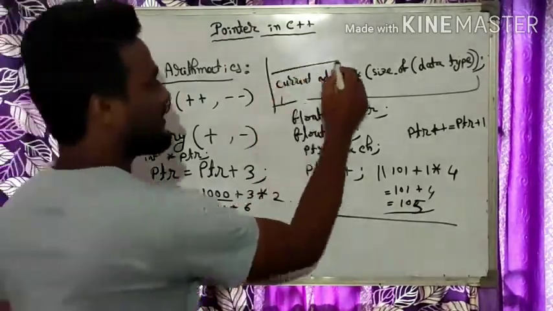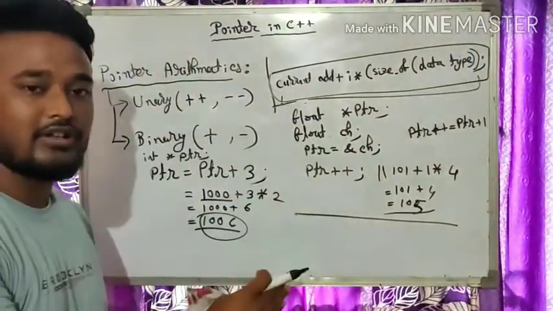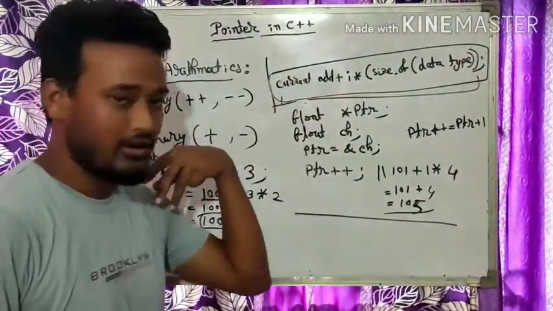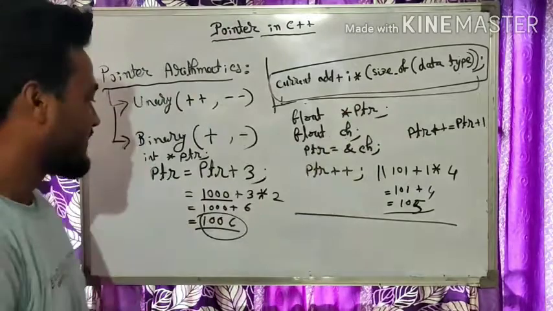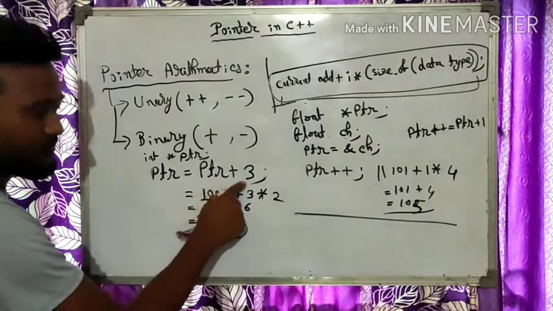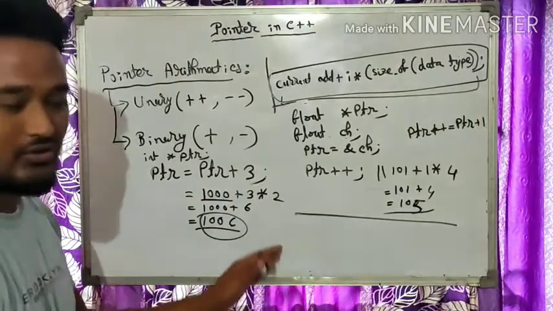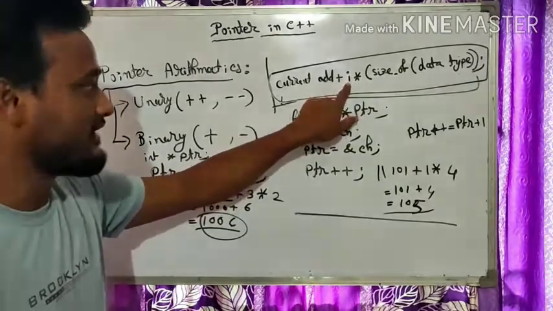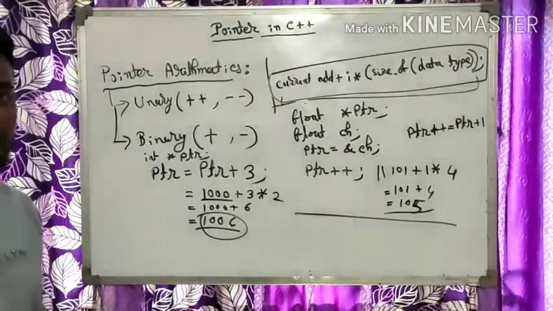Okay, so please note down the formula. In terms of pointers, we can change from the current pointer address to the next pointer address with this formula. When you use this plus plus operator, you can use this formula. Sometimes you are incrementing by some other value, suppose here I am incrementing this pointer variable by 3. In some cases you might find that the pointer variable is incrementing by 5, and so on. That is why in the formula I am indicating I. This I will depend on the statement here. So I hope this is clear to you all.